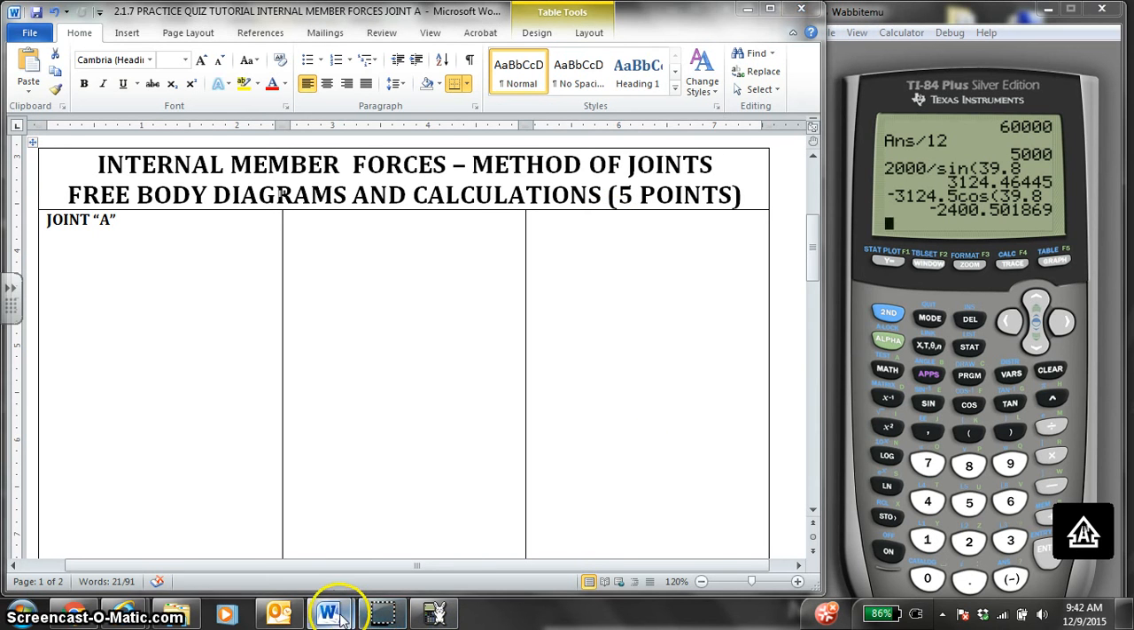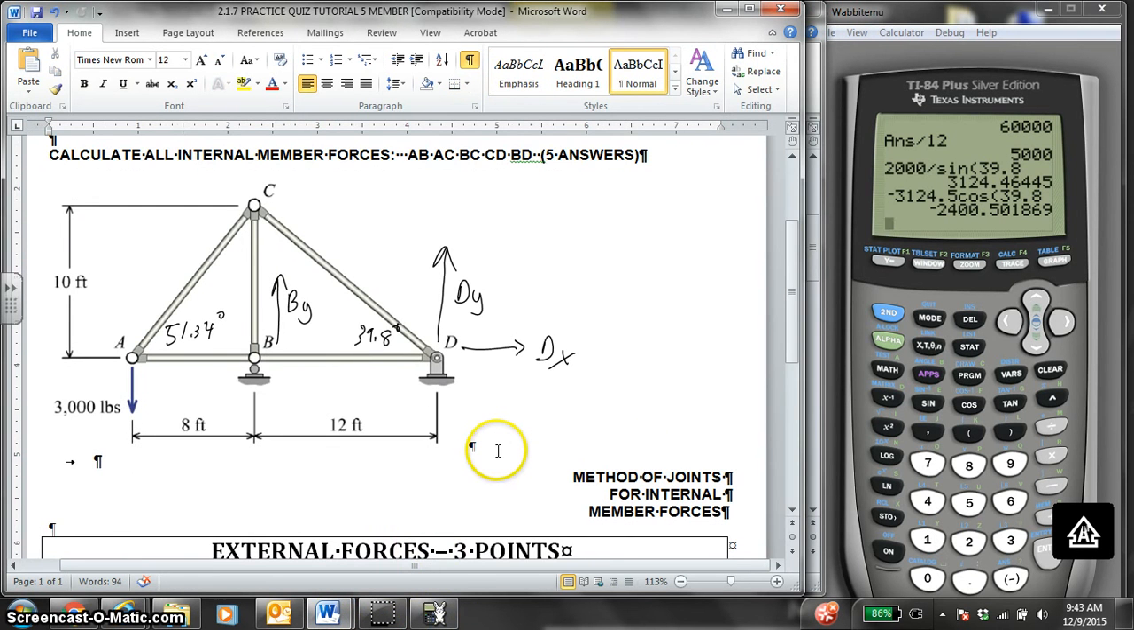Part 2 of our truss analysis on this truss. 5 members, AB, AC, BC, CD, and BD. A pin at D, a roller at B, and a 3000 load downward at A. Just to review,